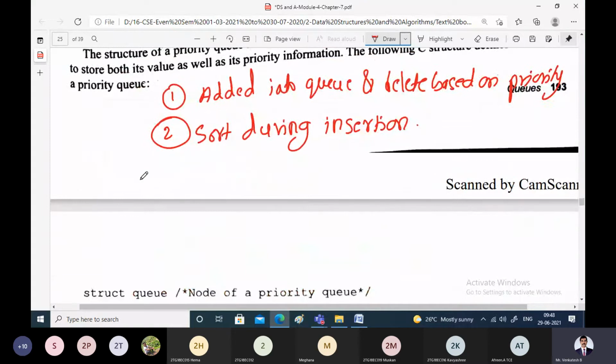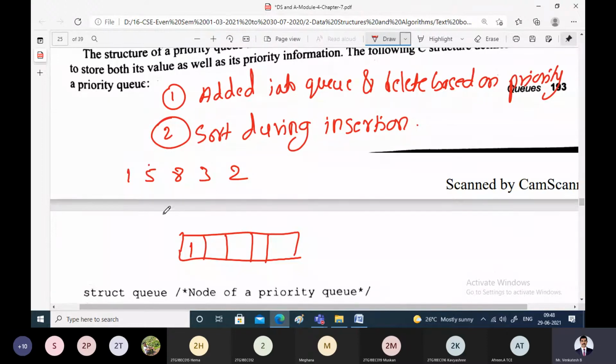What the second approach says is, if there are elements with the priorities 1, 5, 8, 3, 2, then when adding those elements to the queue, the first one is coming, so put 1 here. Then the next element is 5. You can insert it here, but later it will be sorted.